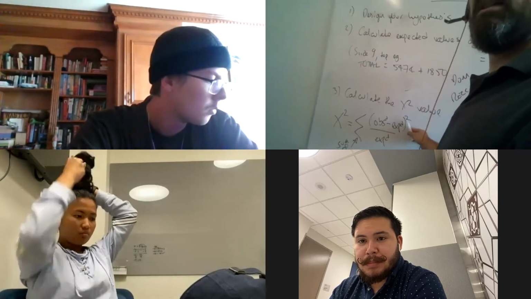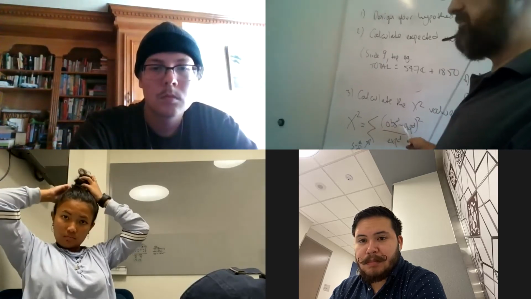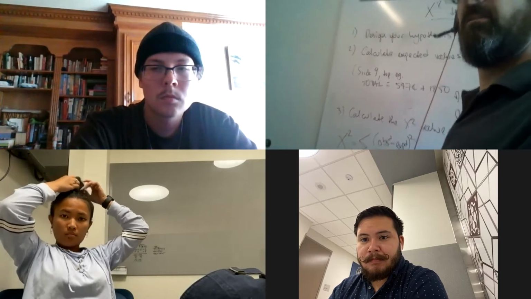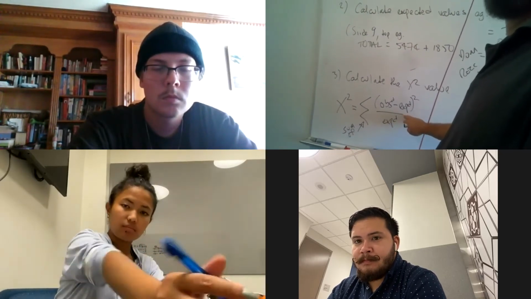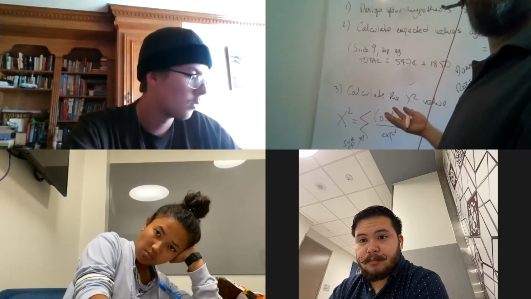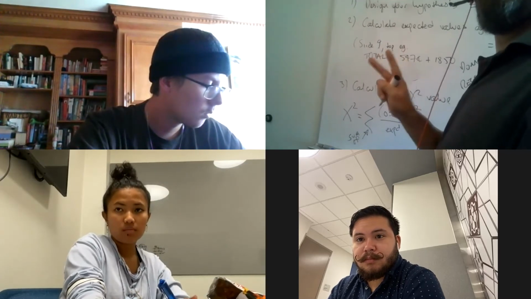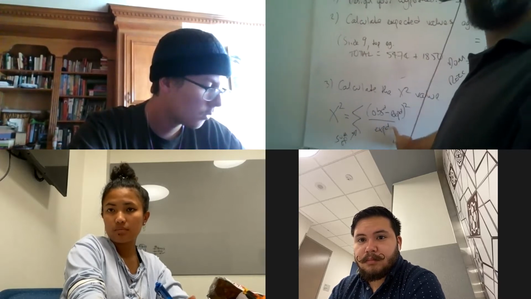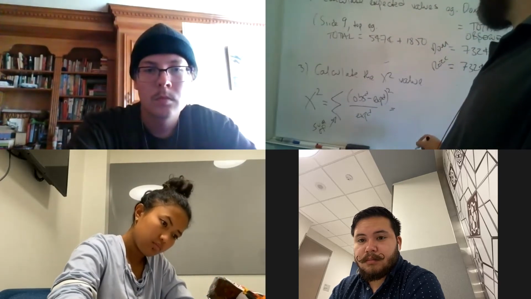And the reason why you square it is the same as for variance. You will have numbers which are higher than the expected and which are lower than expected, right? So this basically turns them all into positives. And so you do this calculation for every single variable or condition that you're observing. So we're doing a monohybrid cross. We have 2 different phenotypes, conditions. So we do 2 of these calculations. That's what the sum means. You add those together.